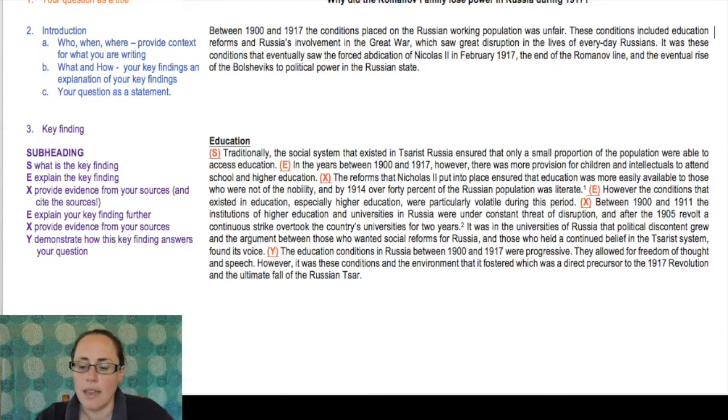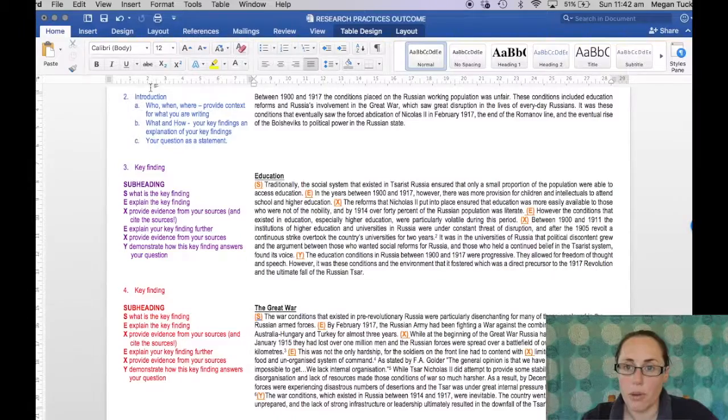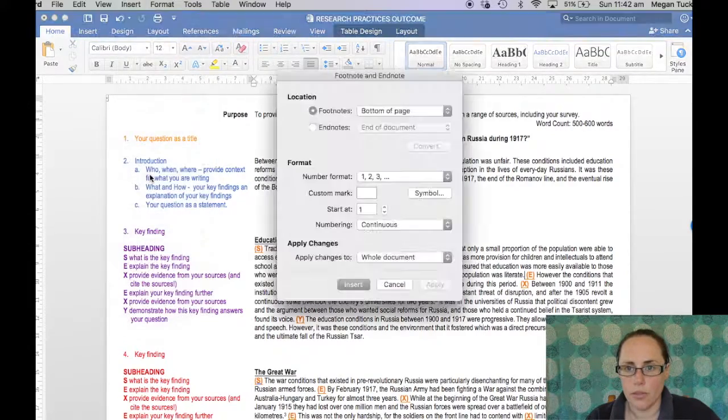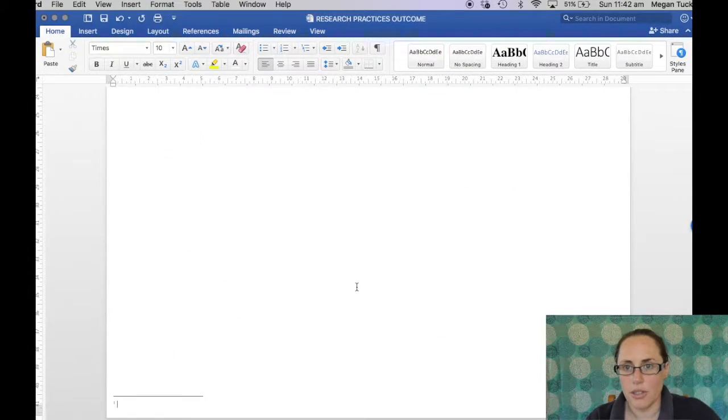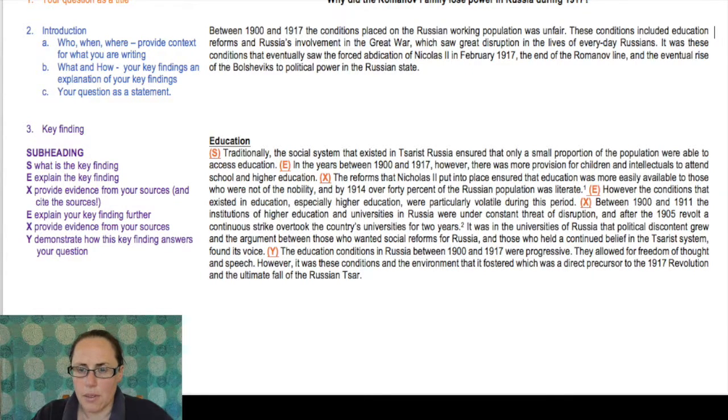So if you look at the first X right at the very end on the right hand side of the punctuation, there's a 1. That's a footnote. That footnote actually links to a citation that's at the bottom of the page. So in order to do that, you go insert, footnote, insert, and it will put it at the bottom of the page for you. The next part of the paragraph is